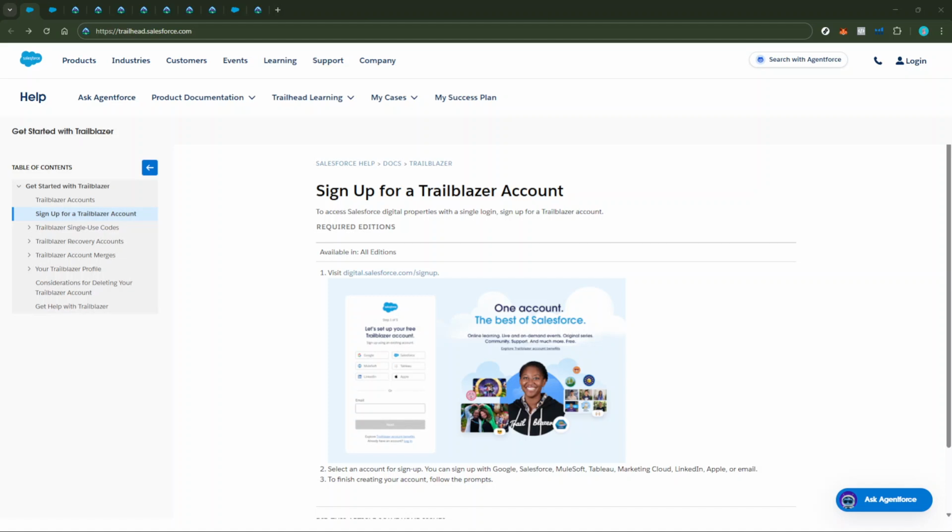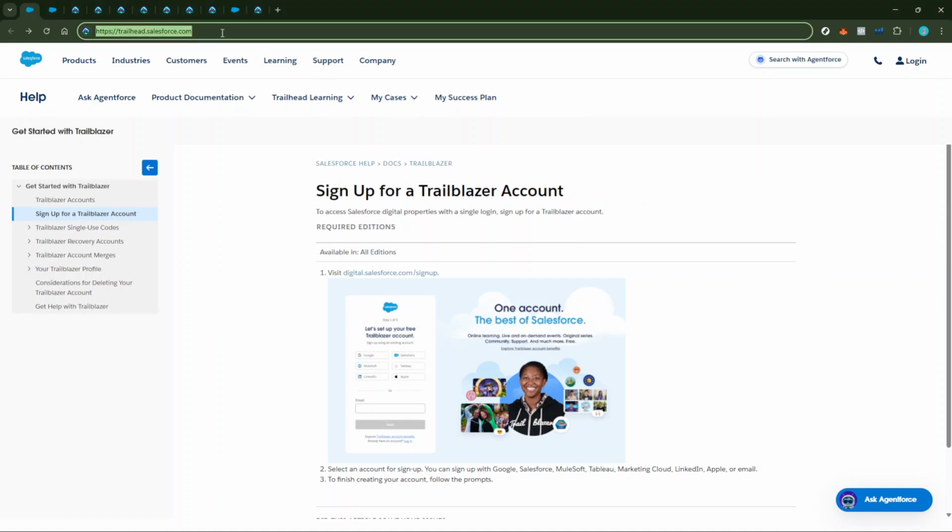Salesforce. Trailhead offers an extensive range of modules, projects, and trails designed to help you build Salesforce skills one step at a time. It even provides hands-on challenges within what they call a Trailhead playground, a practice environment that replicates a real Salesforce organization. To get started on this journey, head over to